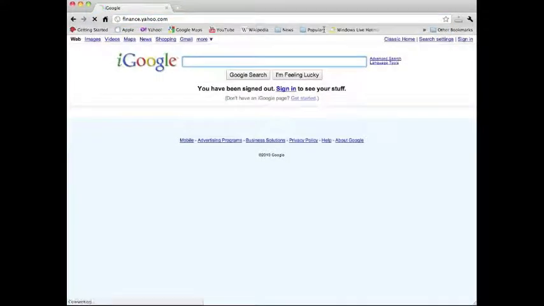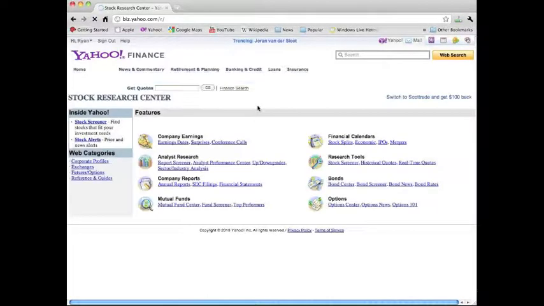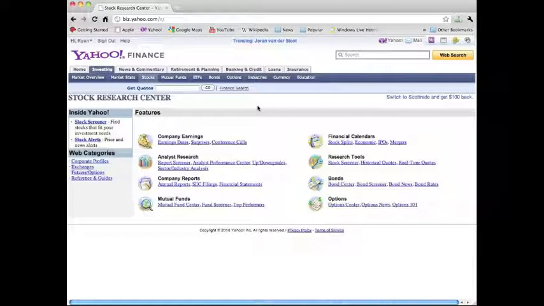So if you can see right now, we are at the Google page. Let's go to finance.yahoo.com, and as we see Yahoo Finance load up, you'll see menus along the top. Go over to the investing menu and go down to the stocks section. Click on stocks. Now the page you see come up will have on the left side a stock screener and